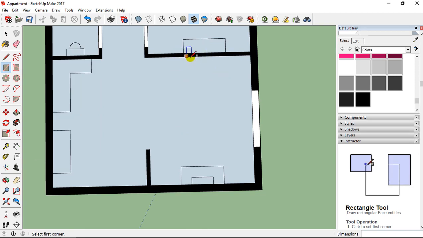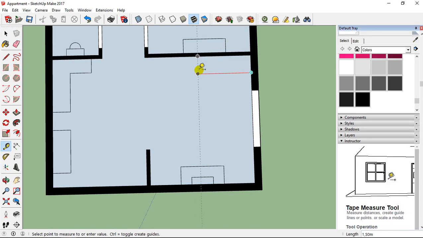Here I would like to have exactly the sofa. So to add the sofa, I'm going to take first guide tool. I take this point and I'm going to go in the middle of this segment here.